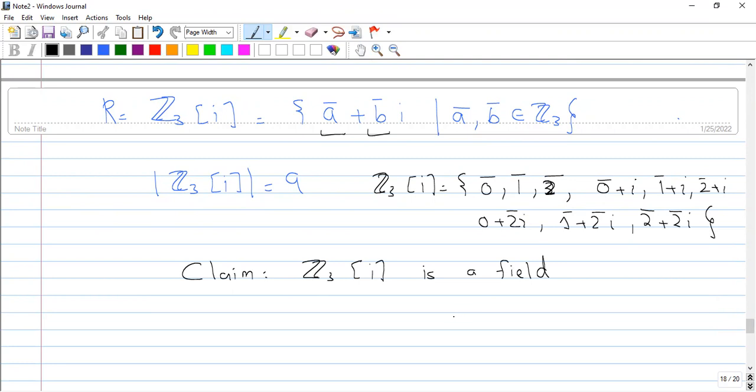अब कैसे शो करेंगे? ज़ाहिर से पता है कि 9 एलिमेंट्स हैं तो आप 1 by 1 एलिमेंट्स के ऊपर वर्क कर सकते हैं। 0 के तो नहीं कर रहे, 0 और 1 को तो वैसे ही आप छोड़ दें, बिकॉज 1 का इनवर्स 1 ही होता है। 2 को भी छोड़ दें, 2 का इनवर्स क्या होता है Z3 में? 2 ही होता है, 2 into 2 ना 2 ही होता है।